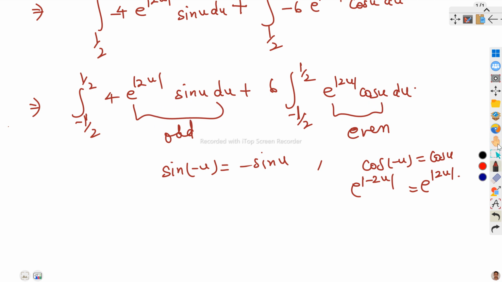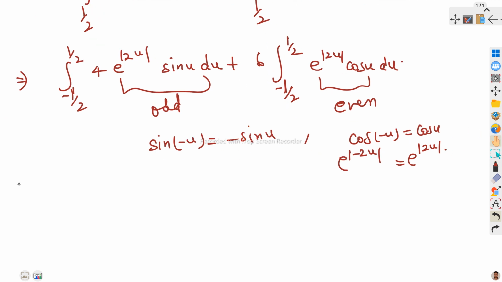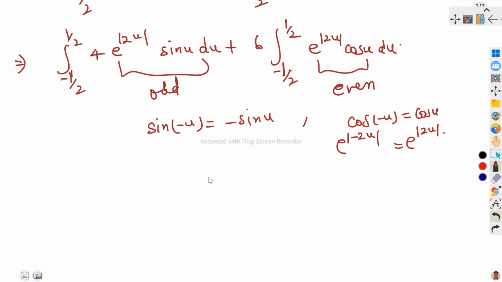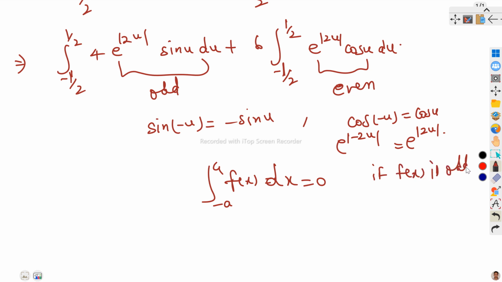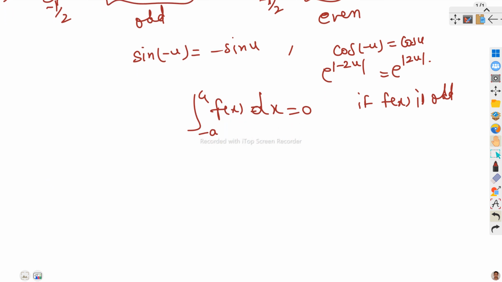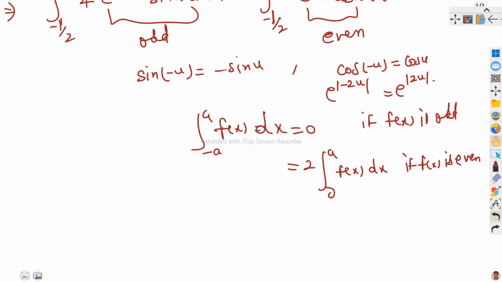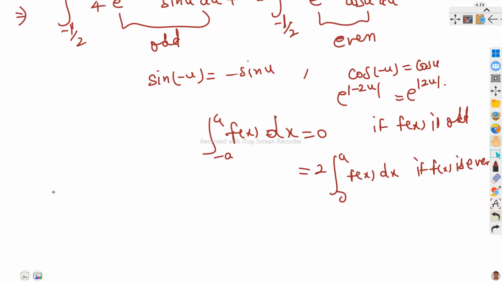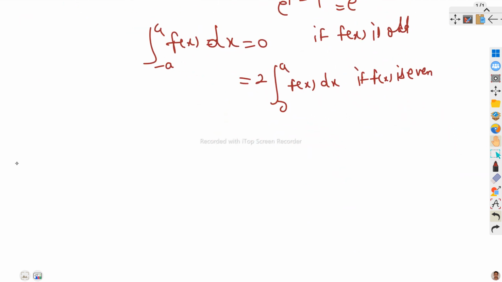So by using the property of definite integration, we know that the integral from minus a to a of f(x) dx is 0 if f(x) is odd, and this is 2 times the integral from 0 to a of f(x) dx if f(x) is even. Therefore this integral becomes 0, and this integral can be written as